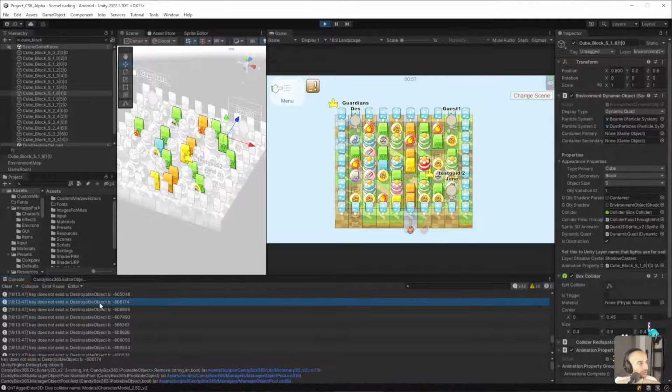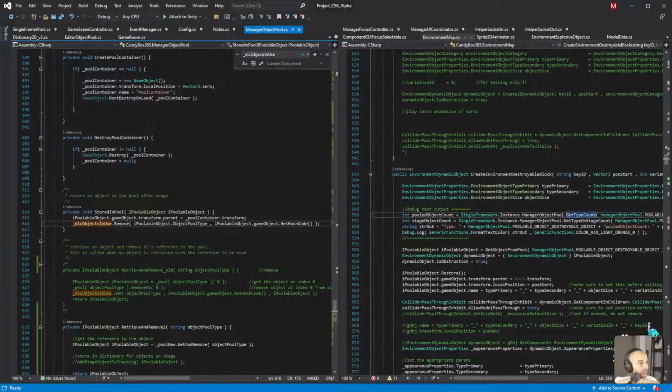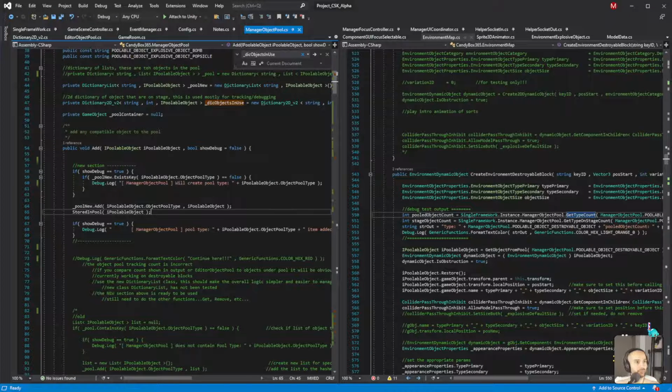Key does not exist. Let's have a look at that. Store in pool. Where's that called from? So on the add, we're getting some outputs that are potentially the cause. So if we go to add it,